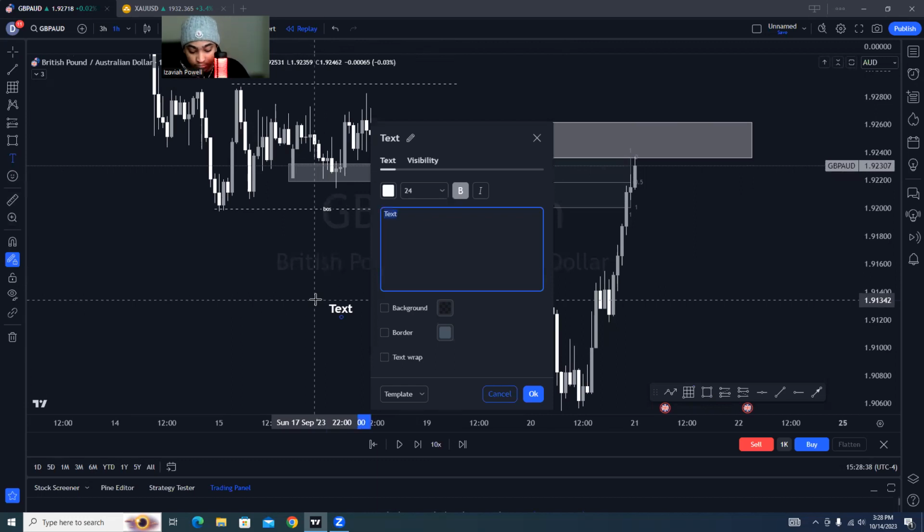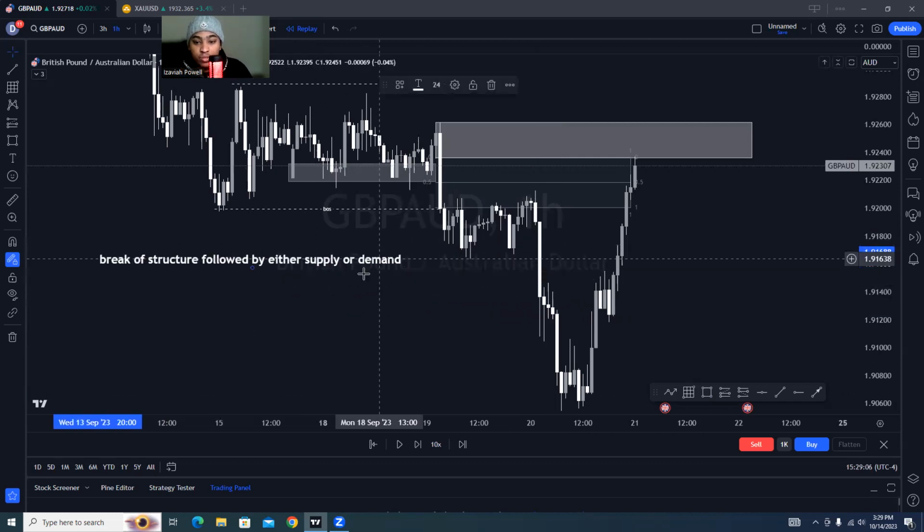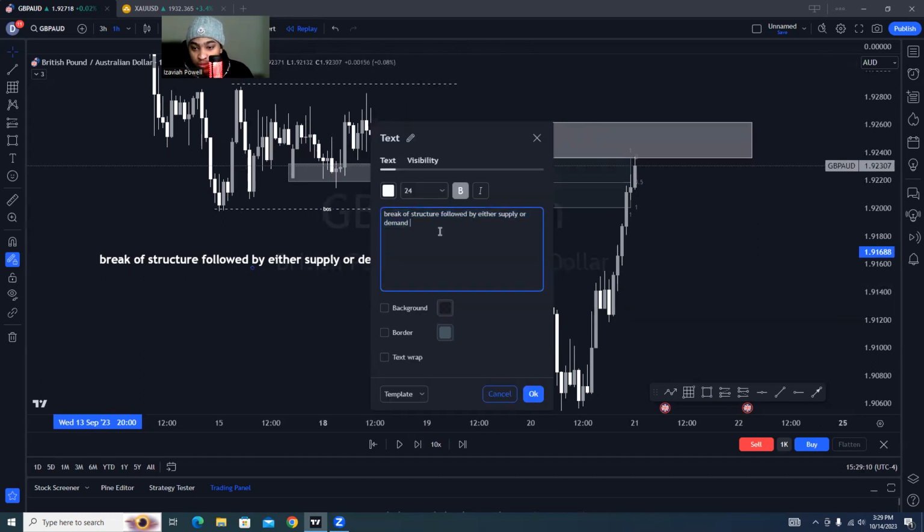I need break of structure followed by either supply or demand. That's one. So we need break of structure followed by either supply or demand. In this case, it is supply. Two will be,